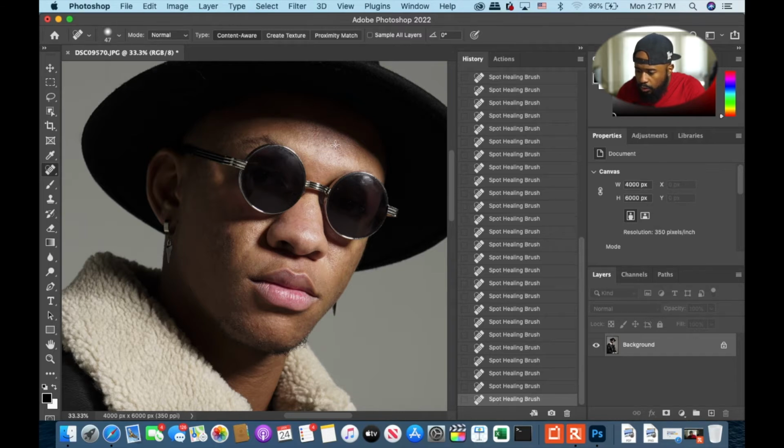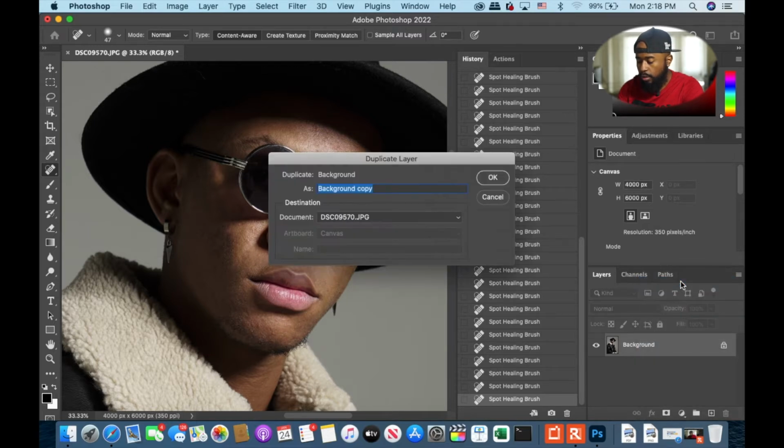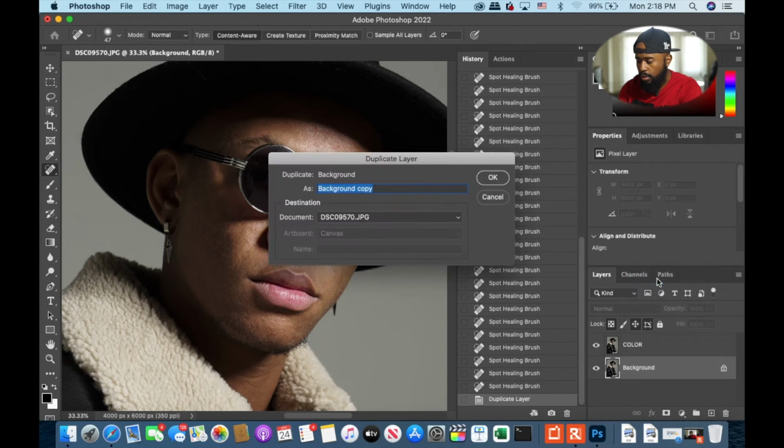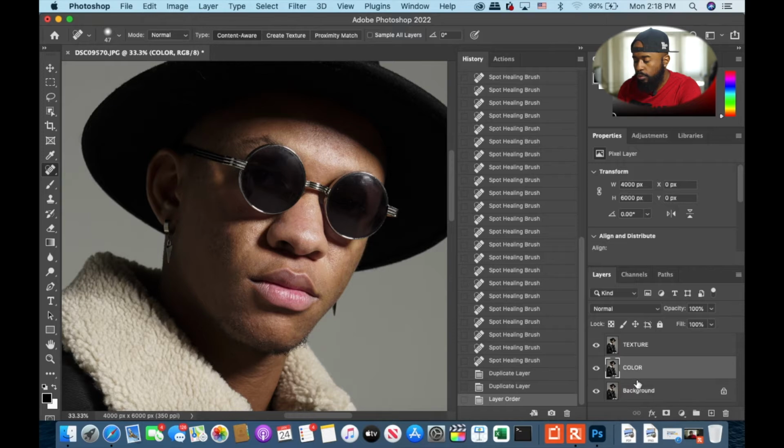And great. So once you get to that point, you are going to take your image and duplicate it. You're going to call one layer color, and you're going to call the other layer that you duplicate texture. Voila. And then you are going to disable your texture layer by using this eye down here. And then you are going to select your color layer and you are going to go to filter, noise,